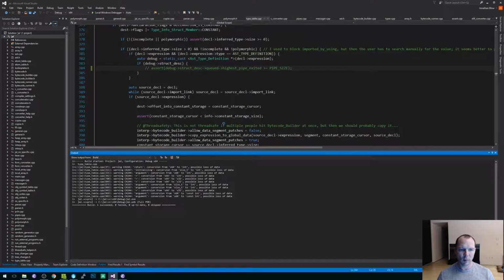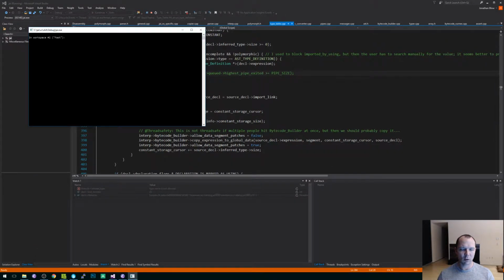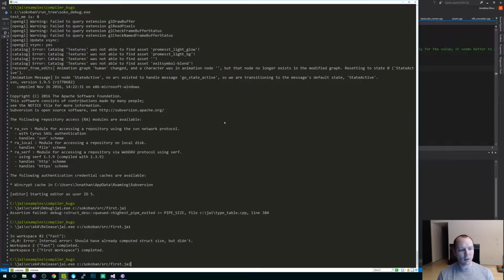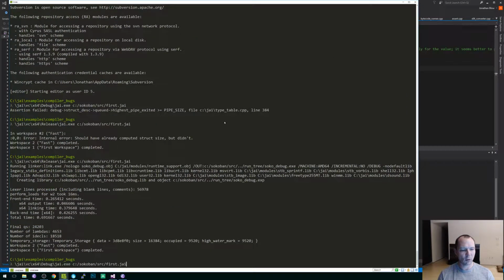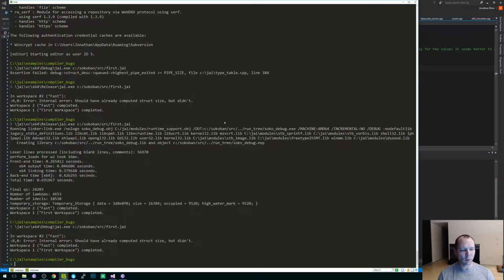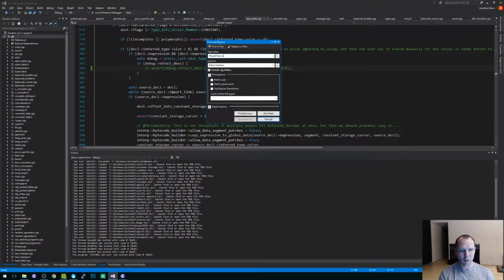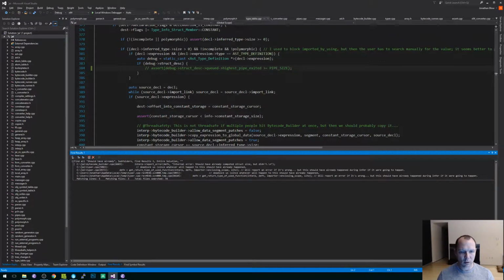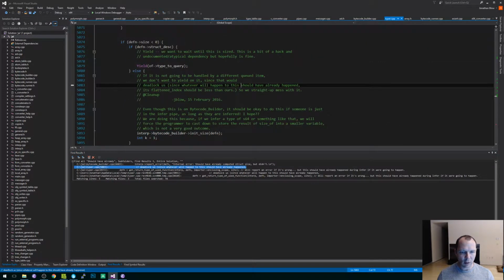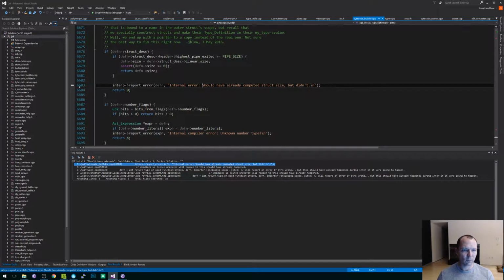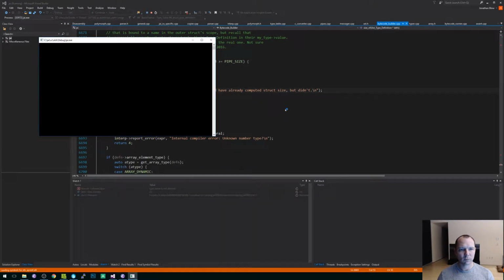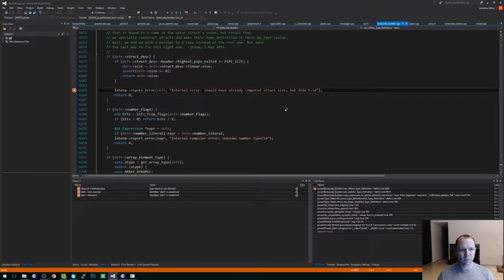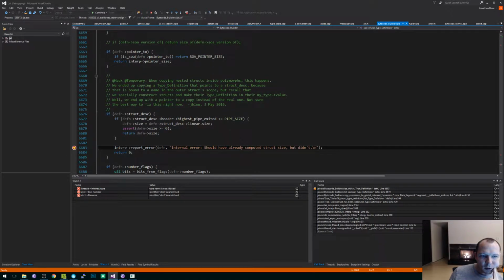That's just a thing about type info, it's a constraint that we don't need. Hey, maybe there's, whoops. Maybe there's actually no problem if we get rid of that. Oh, should have already computed struct size. All right. That's a serious thing. Maybe that's why I had that debug assertion in there, was to catch this at an earlier time.